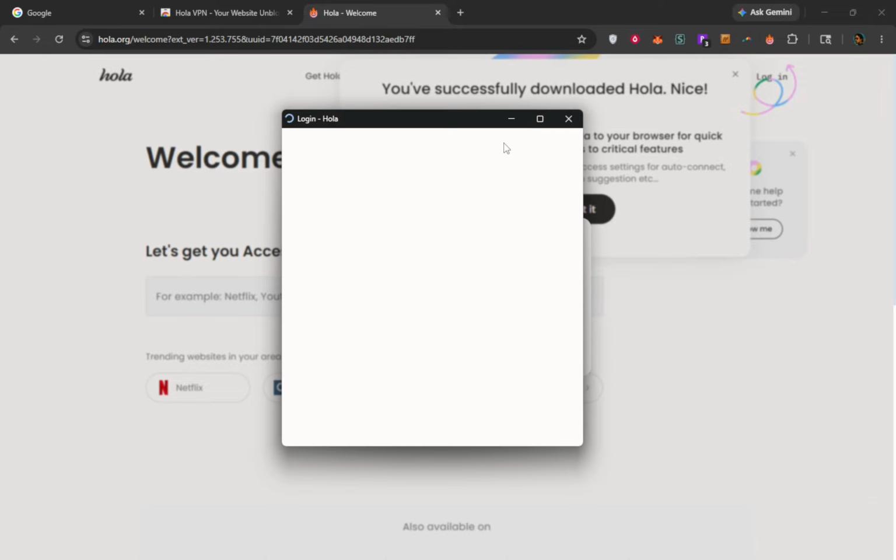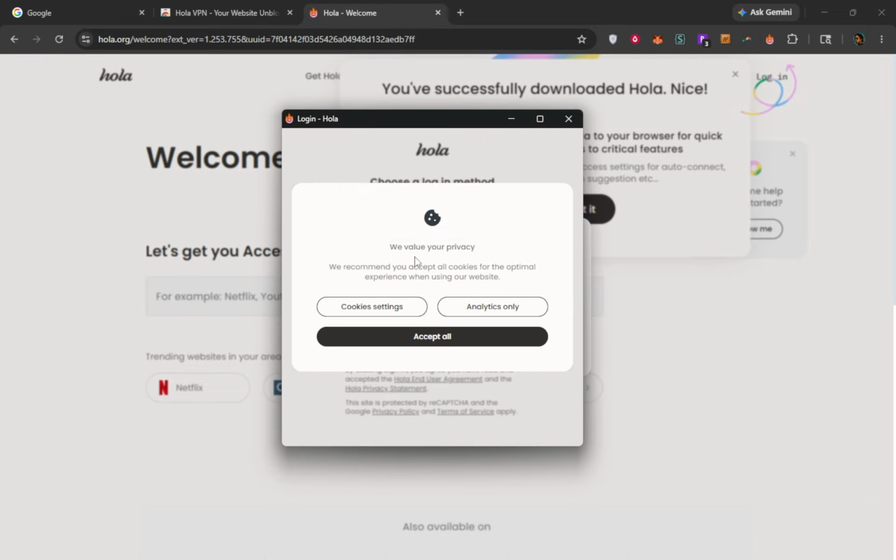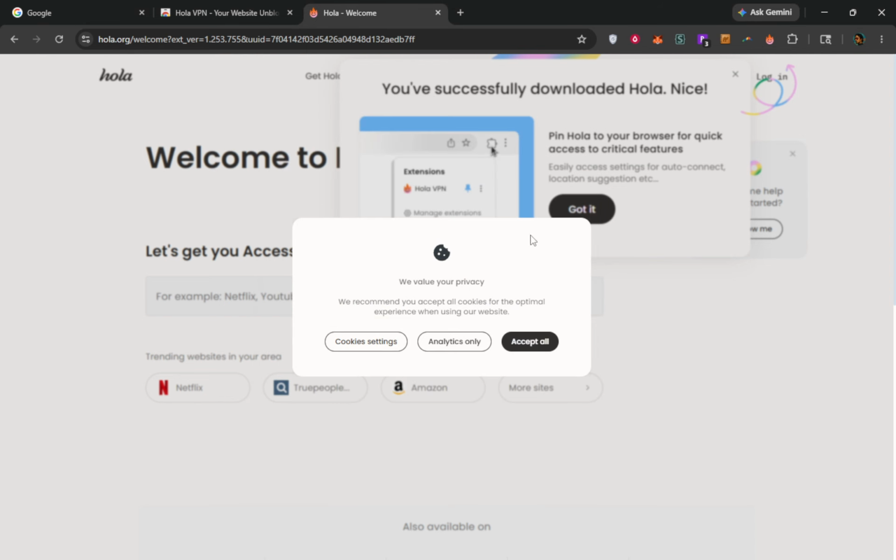A couple of tips as you go: install only from the official Chrome Web Store and the verified publisher to protect your privacy and security. Keep in mind that changing your location can affect site behavior and speed, so pick a nearby country if performance matters. And remember, you can always unpin the icon later if you want a cleaner toolbar.